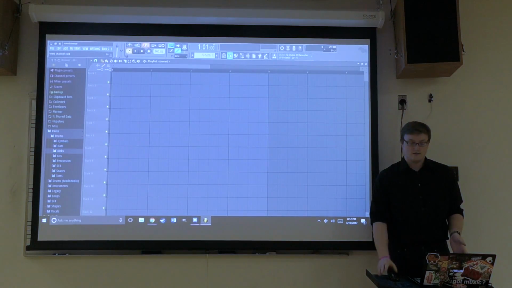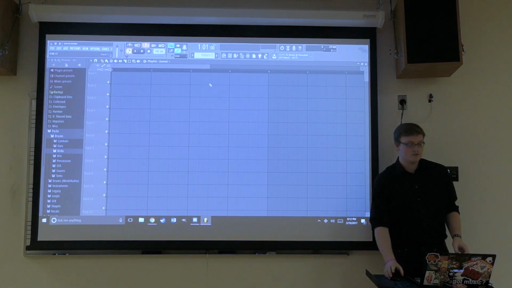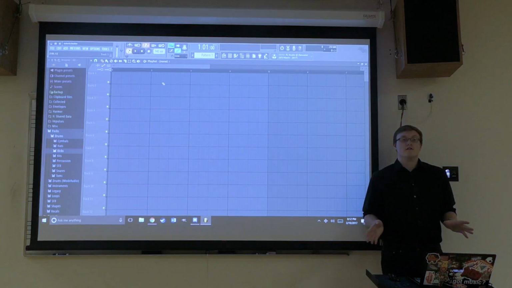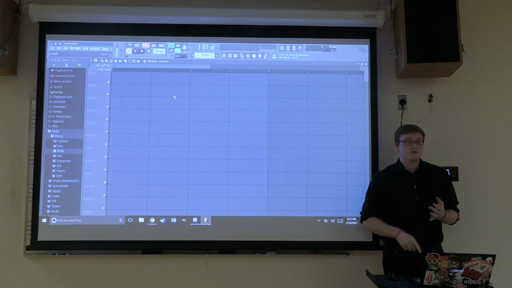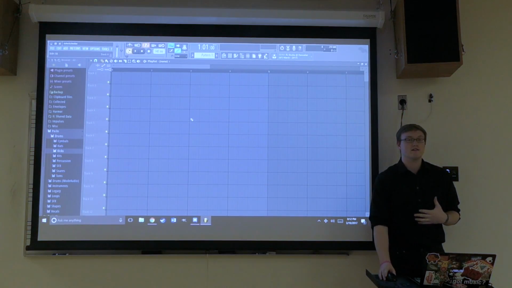So this specific digital audio workstation right here is FL Studio. This is version 12.1. And there are many other digital audio workstations out there. There's Ableton, there's FL, there's Logic, there's Reason. There's a whole slew of them, and it basically just comes down to preference of how you like to do